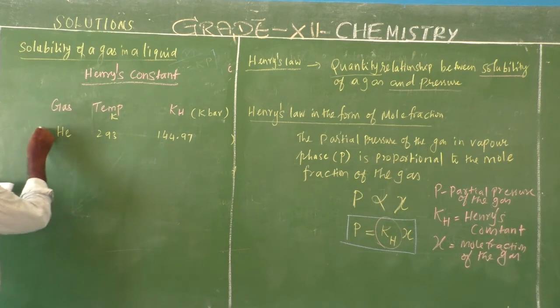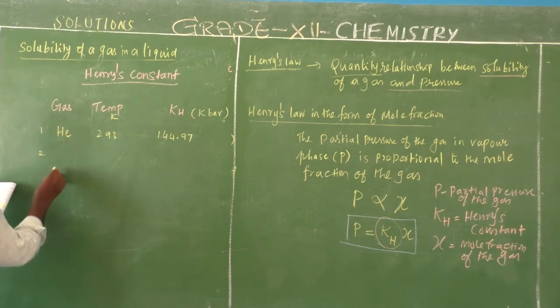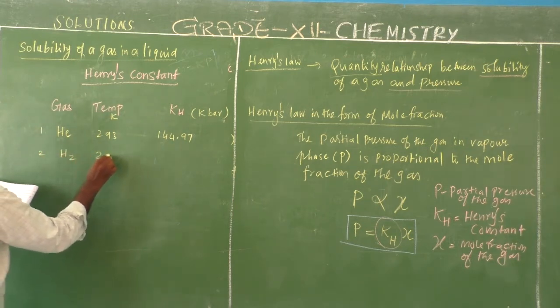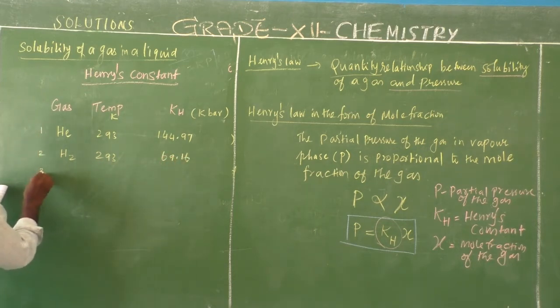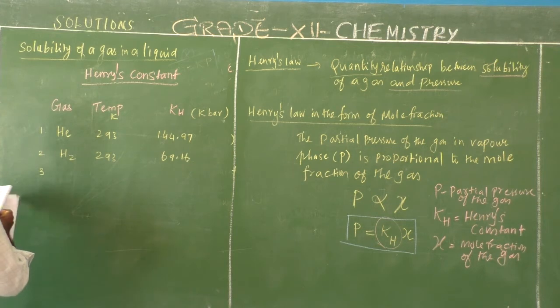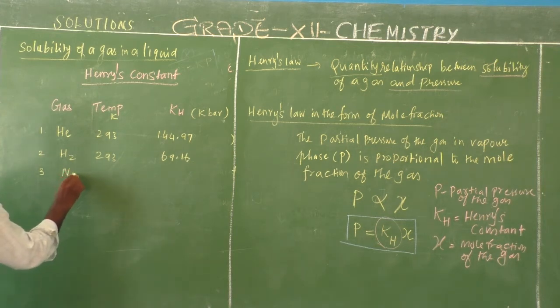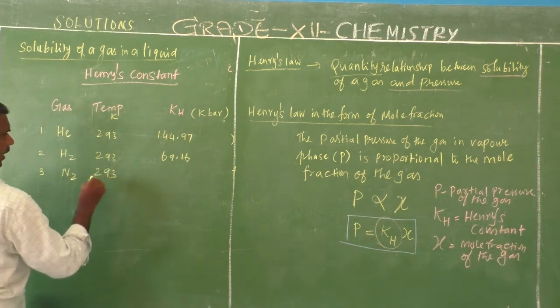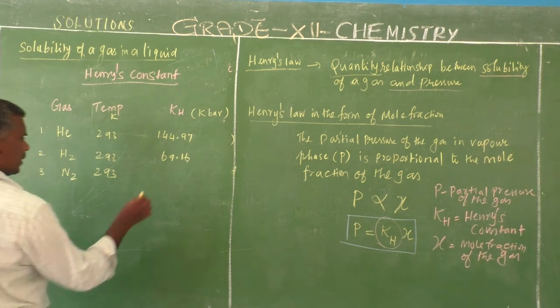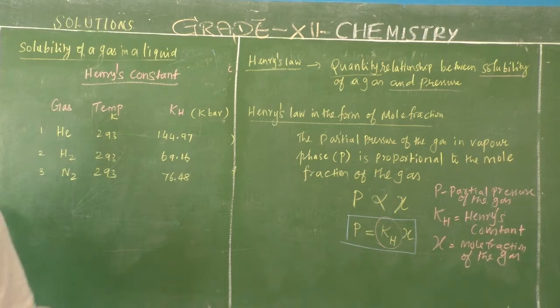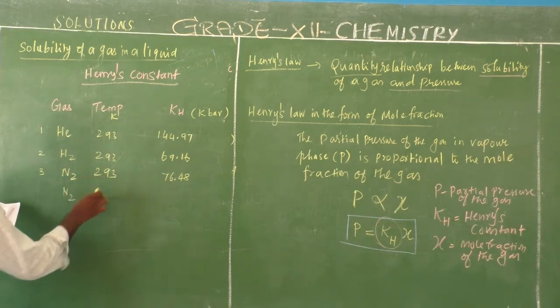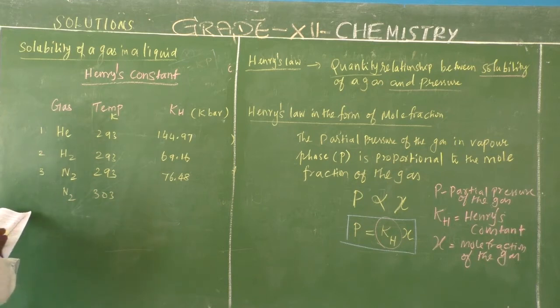Second gas, hydrogen, 293 Kelvin, 69.16. Now gas 3, nitrogen, 293 Kelvin, 76.48. Now nitrogen, temperature increasing, 10 degree increasing, 303, Henry constant